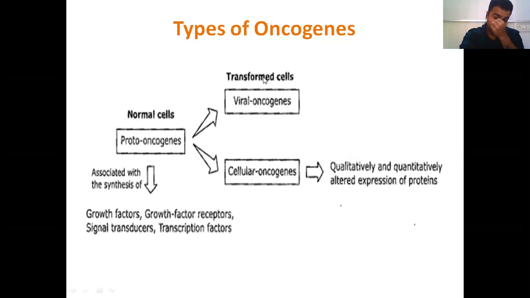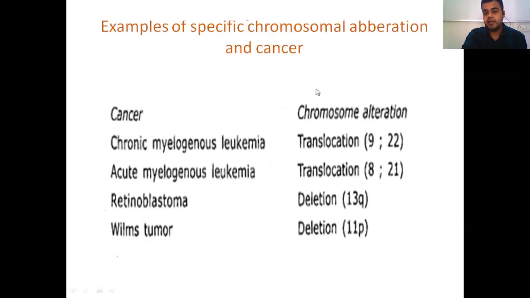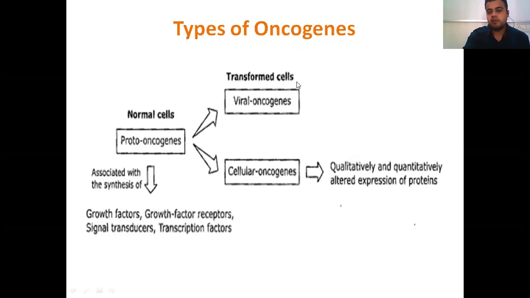So you can have two types of proto-oncogenes. That is, it can be cellular oncogenes or it can be viral oncogenes. Sometimes certain viruses can also cause cancer because they have viral oncogenes. If it is caused by viruses, we say that the cells have been transformed into cancerous ones. Such genes found inside the virus which can cause cancer are termed as viral oncogenes, which we'll cover in the next part of the lecture.